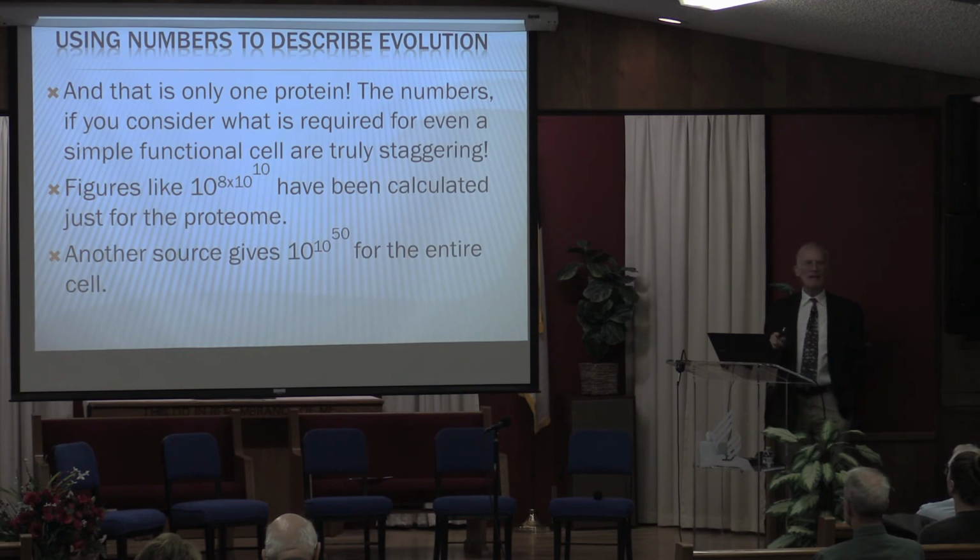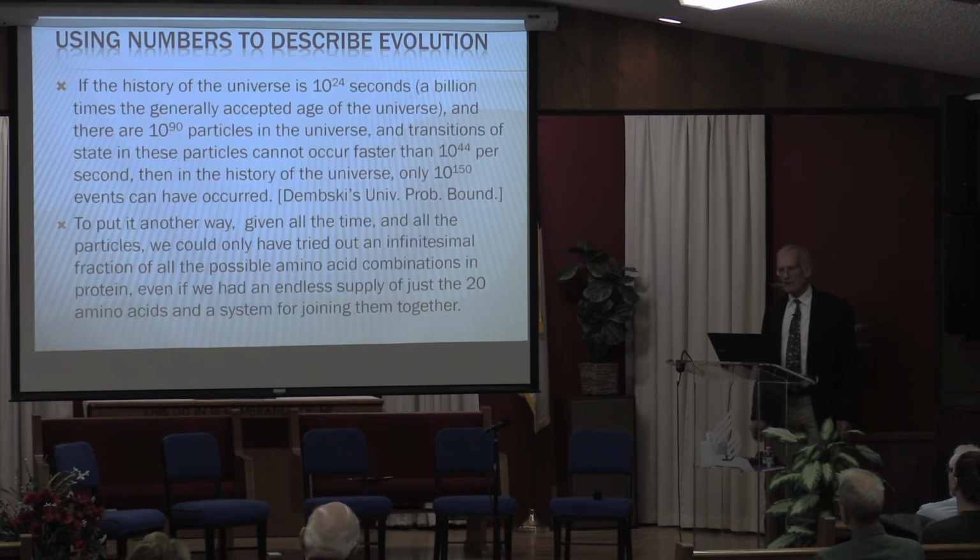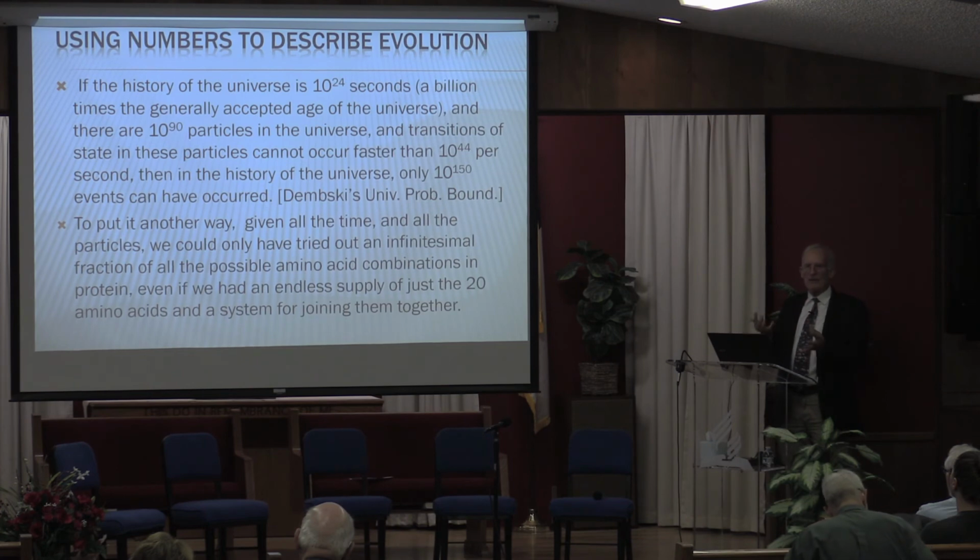Another source gives 10 to the 50. 10 to the 50 is 10 with 50 zeros after it. Number of zeros, it's ridiculous. How ridiculous is it? If the history of the universe is 10 to the 24 seconds, which is about 1 billion times greater than 13 billion years, and there are 10 to the 90 particles in the universe, and transitions of state, which is the fastest thing that can possibly happen with a proton, if transitions in state take place at a rate of,